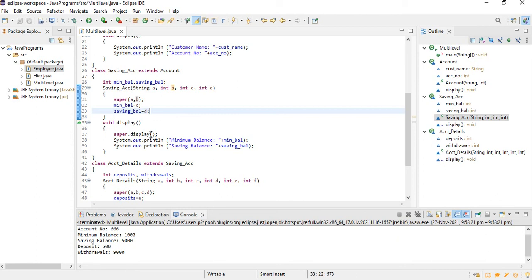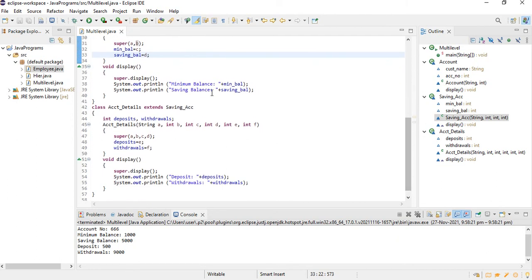So super.display calls the display method in class Account. After that, I print the minimum balance and the savings balance from my SavingsAccount itself.